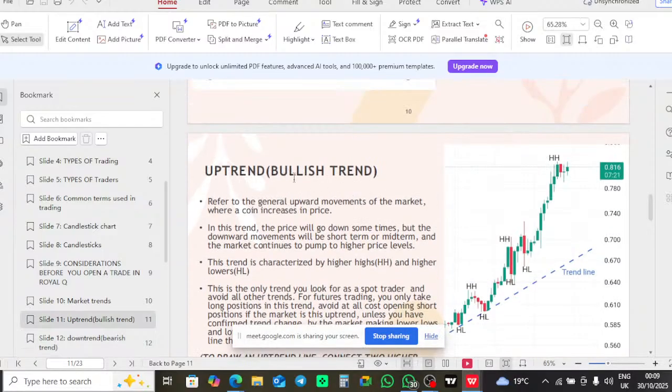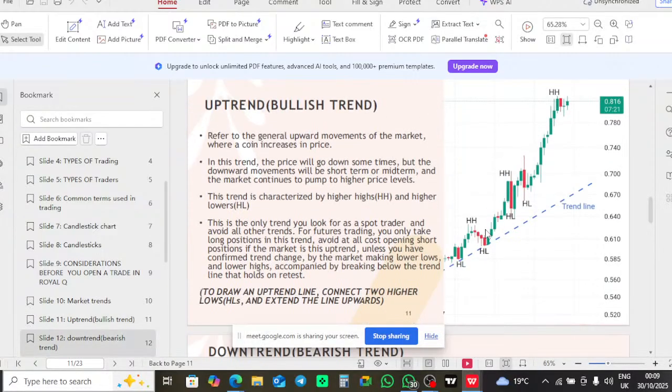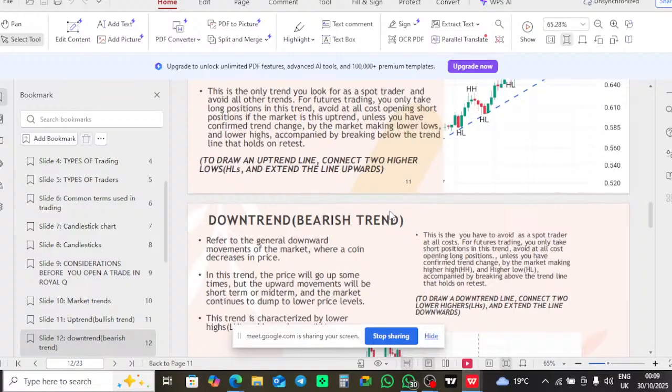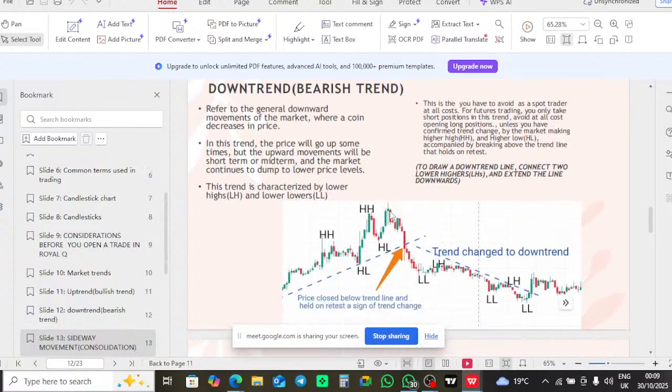Now we have an uptrend, a bullish trend. That is how it looks like. When you put a trend line, you can see that it is respecting that line. It is coming back, touches the line, moves up. Coming back, touches the line, moves up. That is how the uptrend looks like. It is having highs, higher lows, highs, then higher lows, like that. That is an uptrend. Okay? And you know how to trade an uptrend.